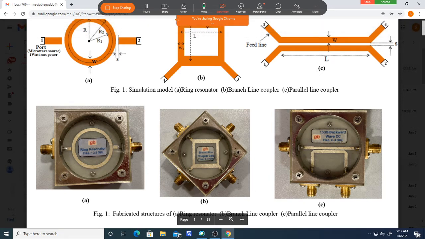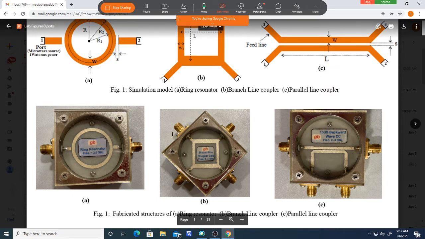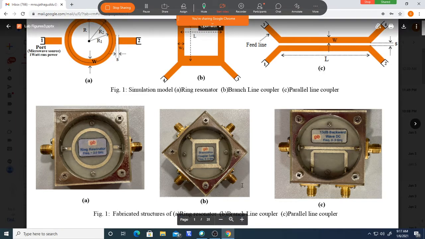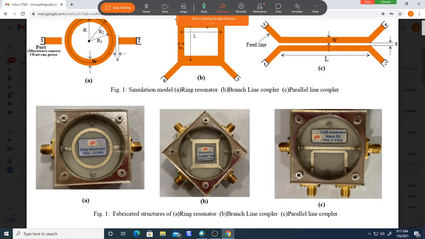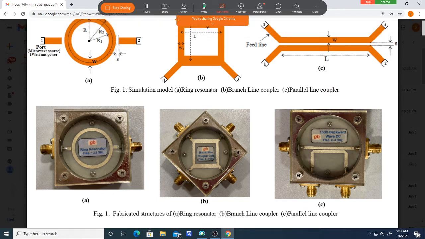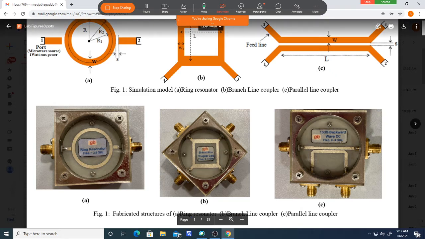I will show you which device is supposed to be used for measuring the power coming out of this, and what is the source we are connecting here, that I will tell you. So assuming this is the source we are connecting here. If you want to measure power coming out of any port, the other ports must be match terminated. So these are called SMA connectors. Using those, you can connect the display device and source to the structures.